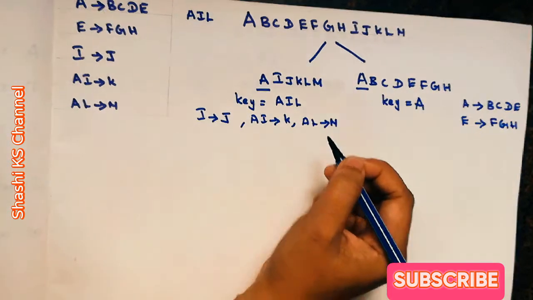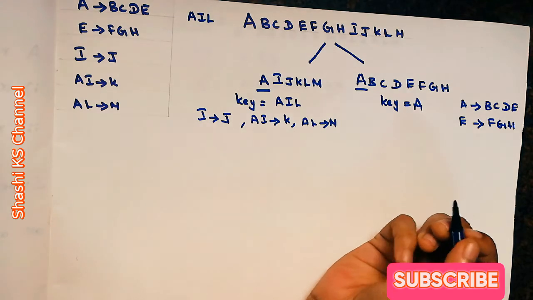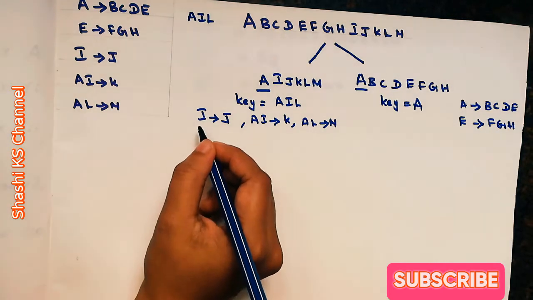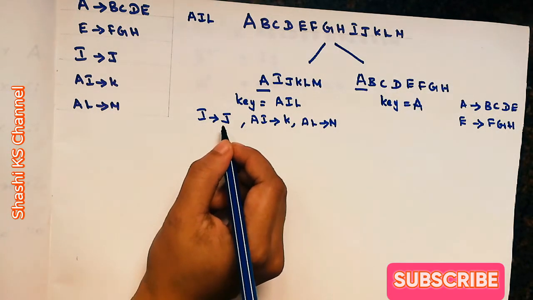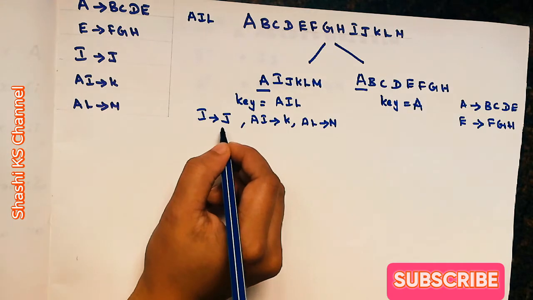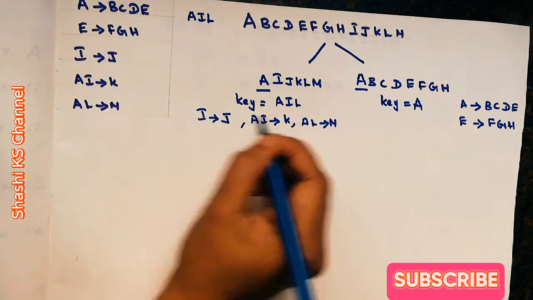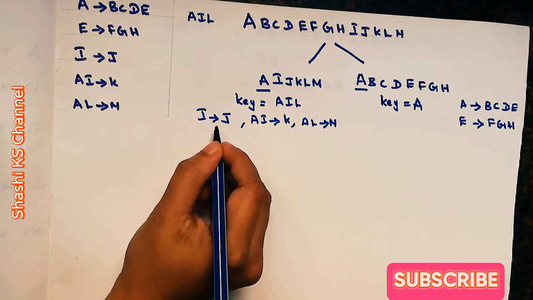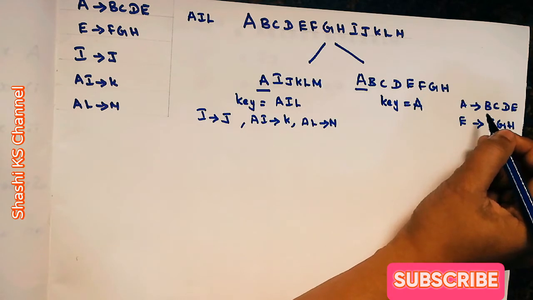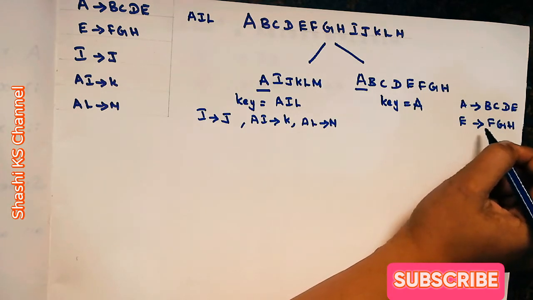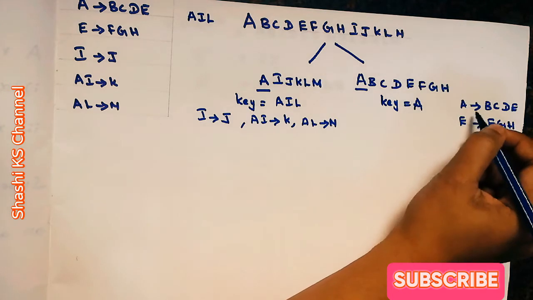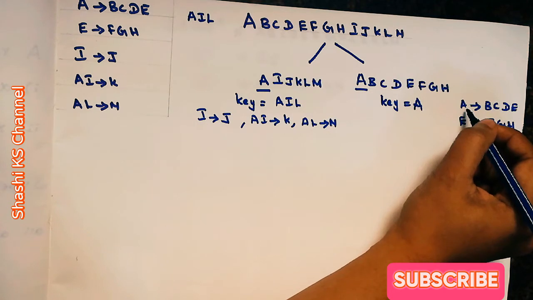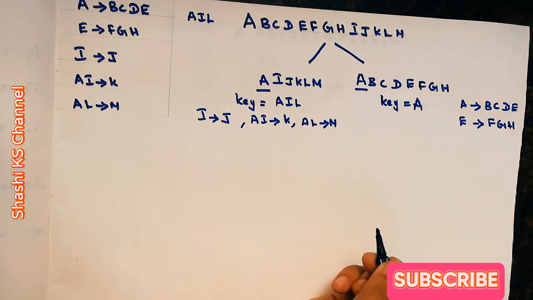Again, now we have the relation, we have the key, we have the functional dependencies. We have to again check whether it is in BCNF form. How to check it? Just check whether the left hand side consists of the super key. Take the first functional dependency, I determines J. The key is AIL here, but the left hand side has only I. So I determines J is not in BCNF form. Check out here, A determines B, C, D, E, and E determines F, G, H. The first functional dependency is in BCNF form, because the key is A and the key is there on the left hand side of the functional dependency.